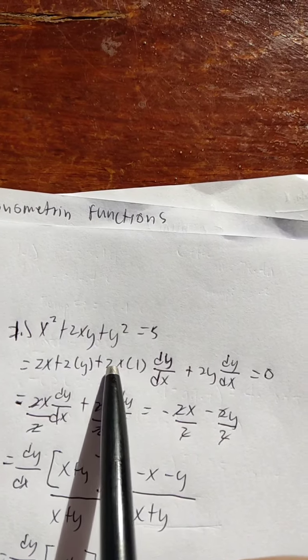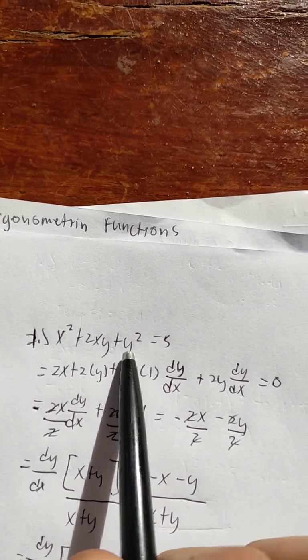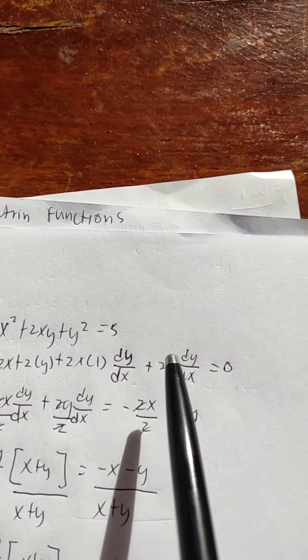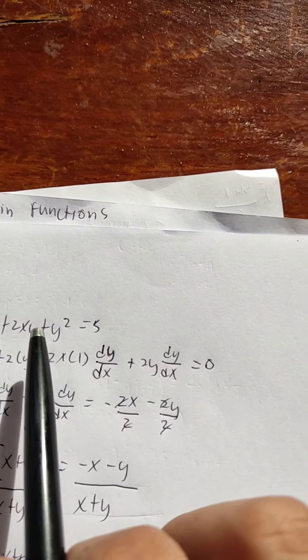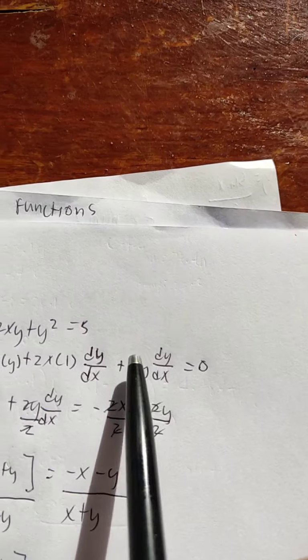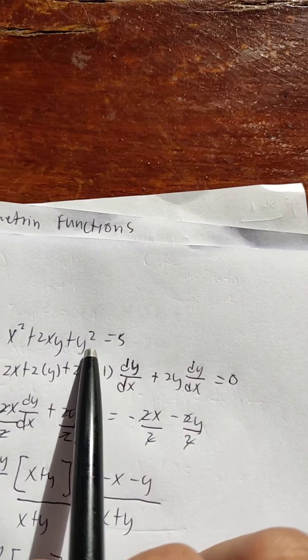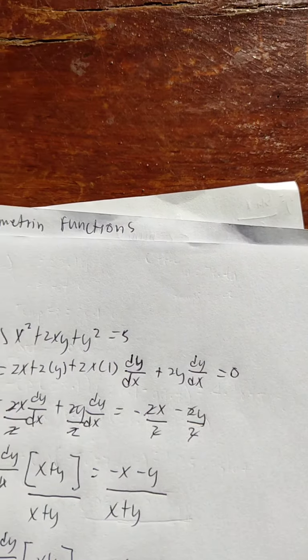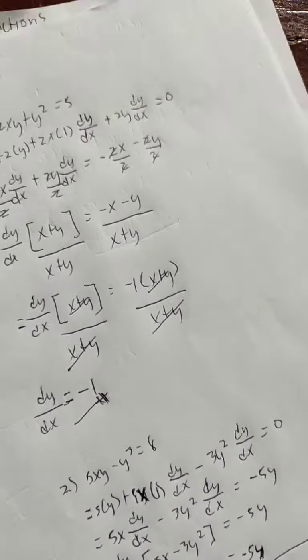And every time we derive y, we need to input a dy over dx. Plus, the derivative of y squared would be 2y, and we derive another y, so we need to put another dy over dx. And the derivative of 5